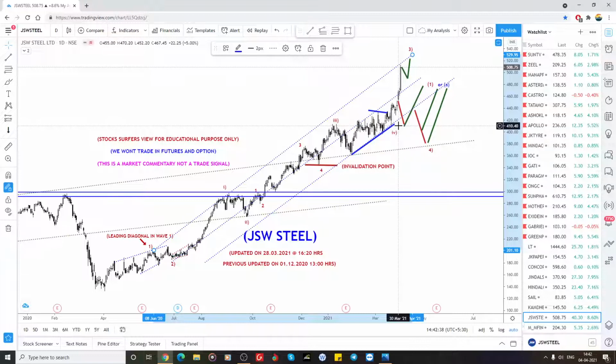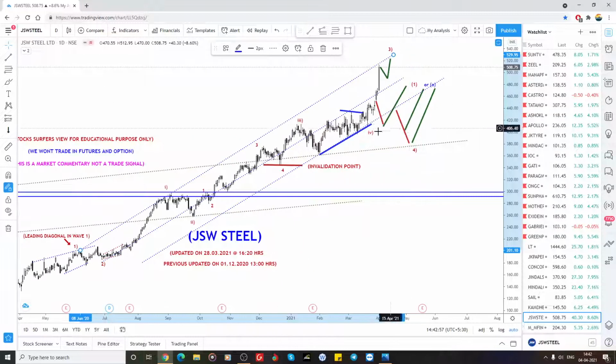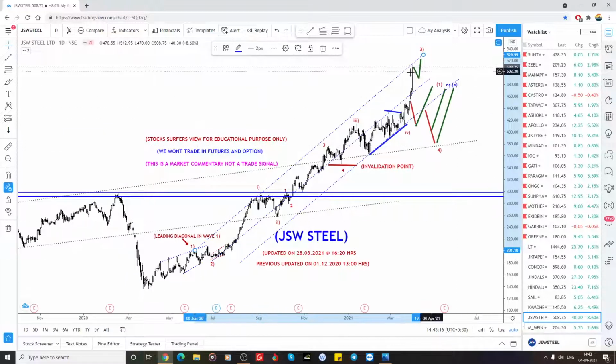Once it reaches 410 from here, that will be something else, something unexpected that can happen. Again, if it breaks 410 from here itself, that will be a bigger consolidation. So I'm not so sure about this, whether the third wave ended here. From what I drew, if it goes like this, that will be considered as a third wave. But because here it looks like 1 2 3 is completed, if it is a three-wave structure, we need to change the labeling.